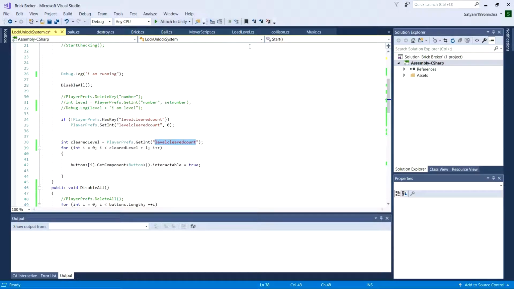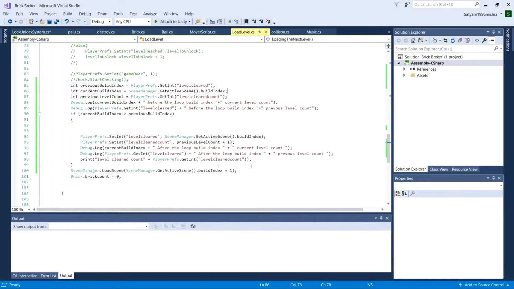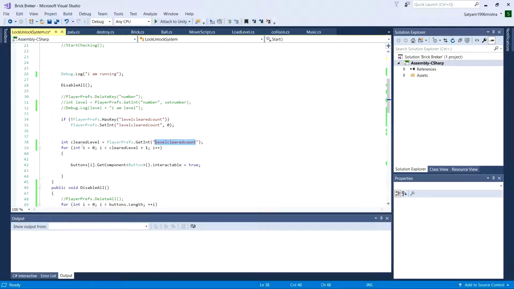So what is happening is basically when you go to the next level, the level cleared count increases by +1. As you can see here, in LoadLevel, this line, the previous level count +1. So if you were at level 0, it will become +1, and the level cleared count key will become 1. So what happens now is this will run